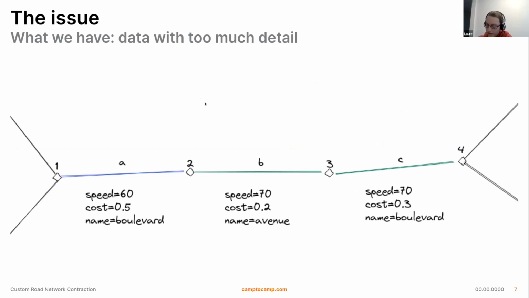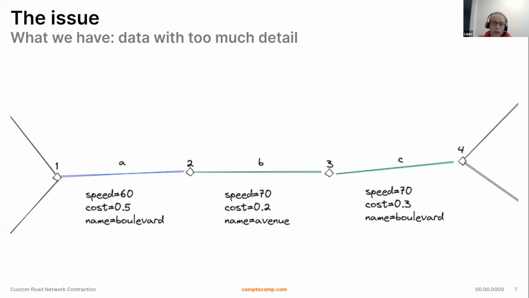So we said that to be more performant, we need to have as few nodes as possible. And we have an issue with our dataset because most of the time our datasets will be too detailed. Here is an example. We have some nodes, we have some edges, and we can see that going from 1 to 4, we are taking 3 edges because those edges do not have the same attributes.